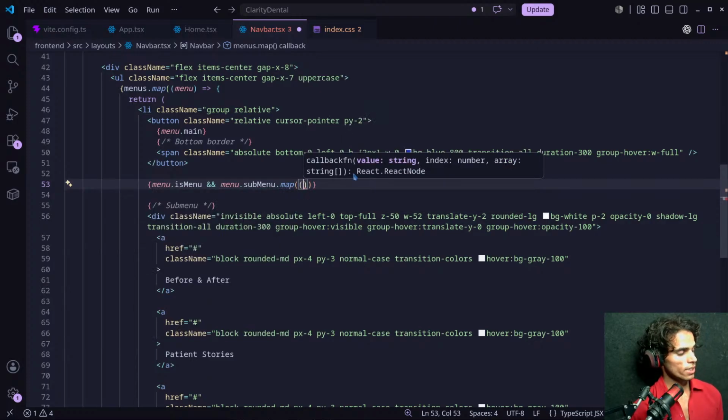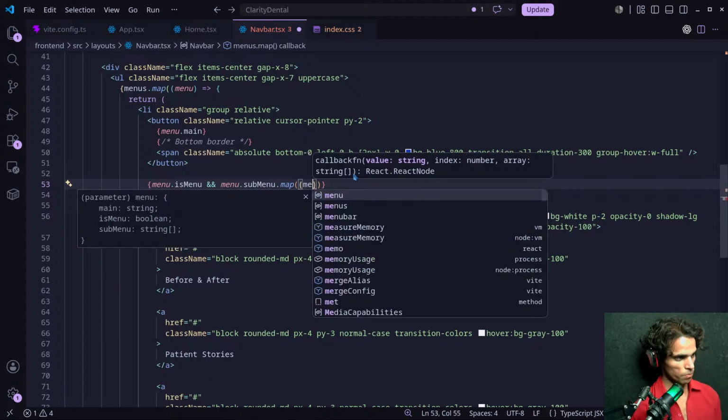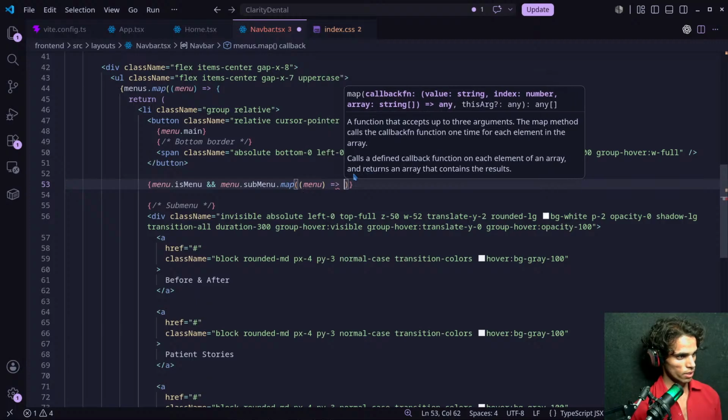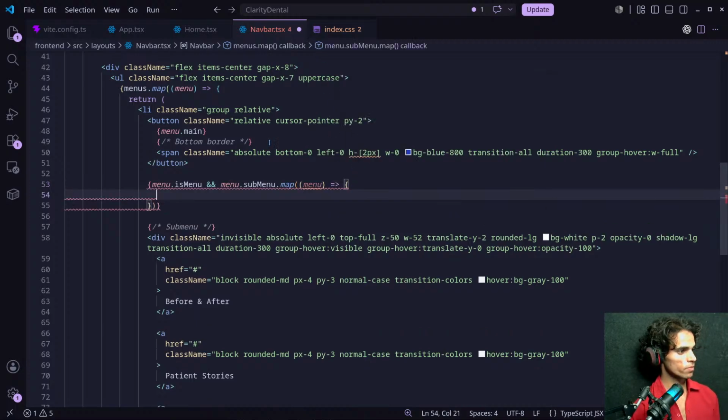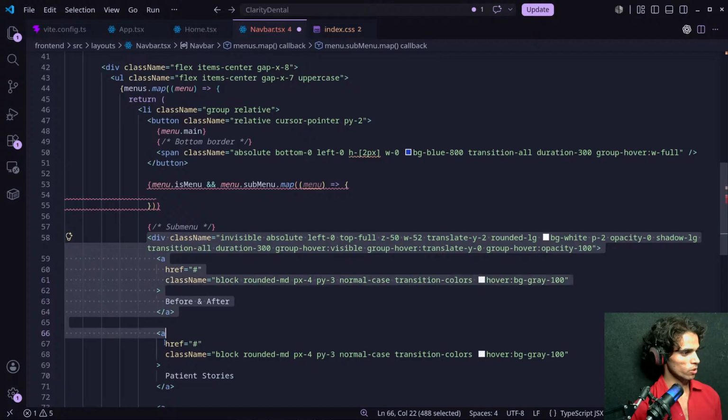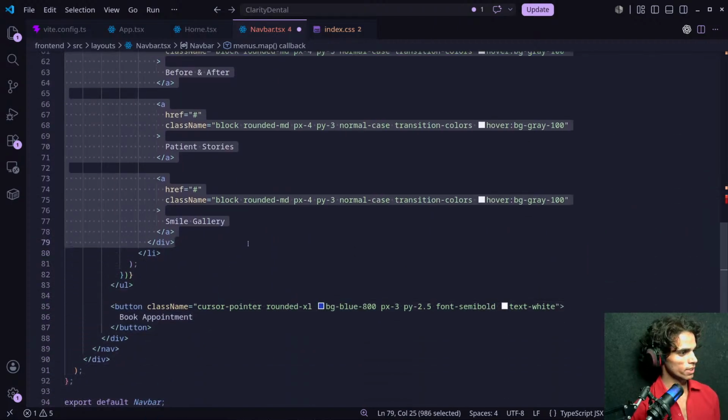Okay, inside this menu.submenu.map, now we will have menu. Now what we are going to do inside this menu, we will return this div. Okay, this is the div we will return inside this menu.